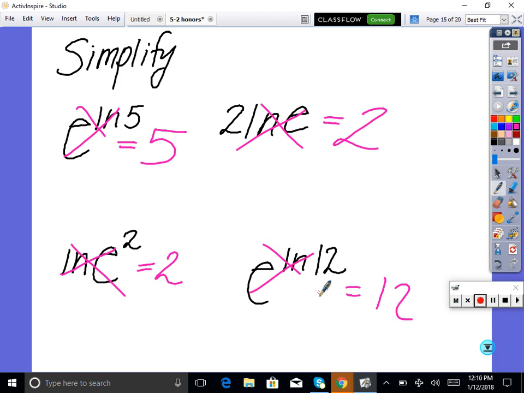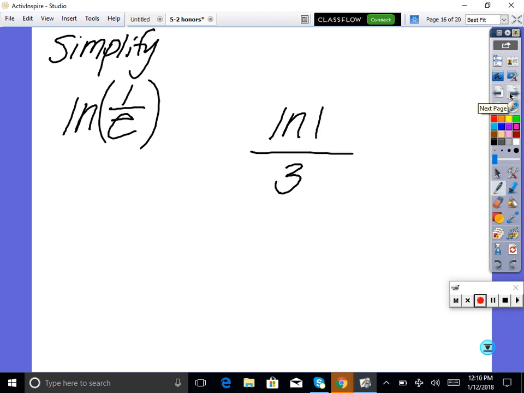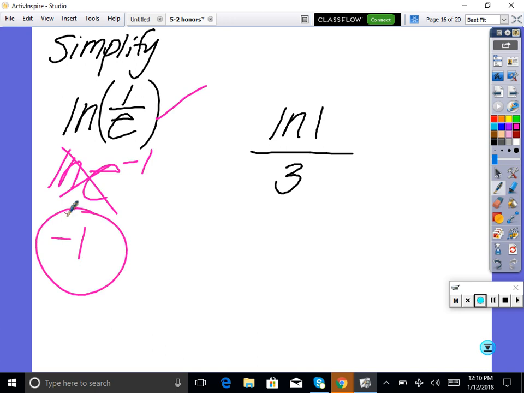Hey, what do you think this one's going to be? Let's see if there's any advanced thinkers. Who said -1? Look how smart you are. Yes, this is the same thing as ln of e to the -1, isn't it? So then don't they undo each other? -1. Awesome. Now, if this tricks people, we've got to be careful because there is a difference between this